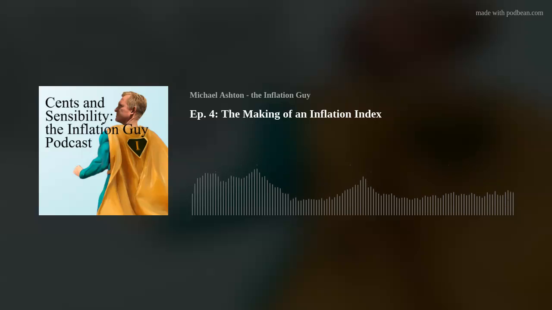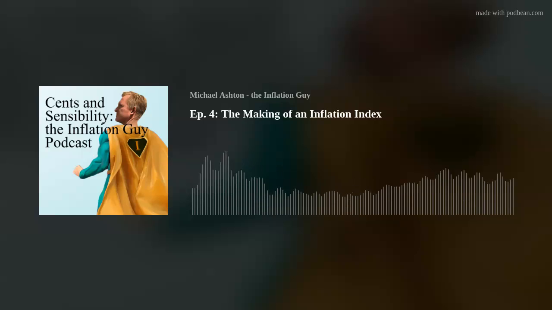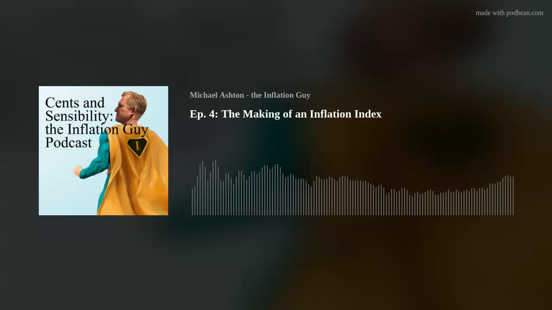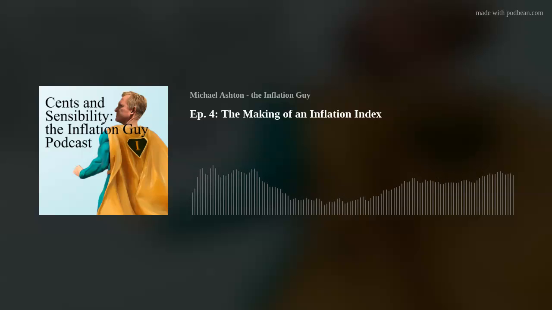I wrote a paper a number of years ago called The Real Feel Inflation, where I looked at a bunch of these effects, and what I argued was that we should have an index separate from the CPI, which I think does a decent job of what it's trying to do. But we should have another index that measures what people feel inflation is. And I modeled the idea after wind chill.